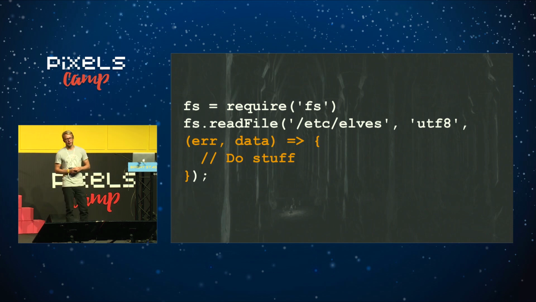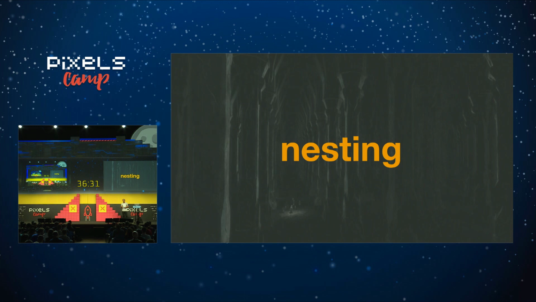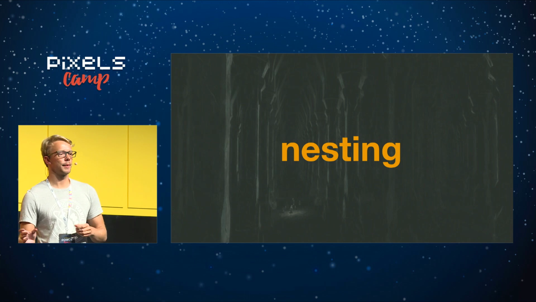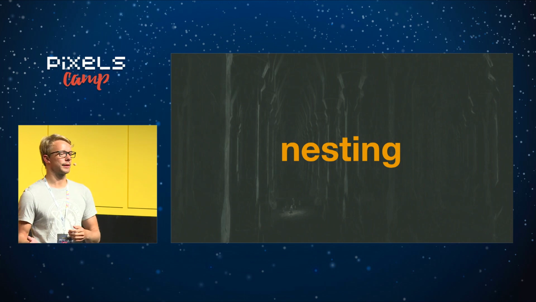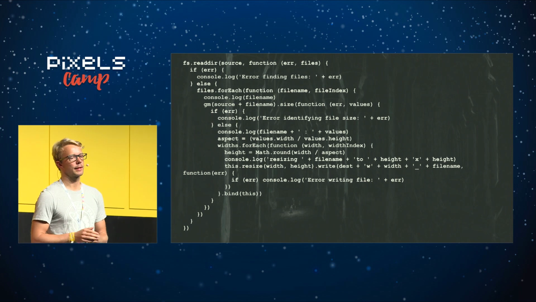So the problem with this is that immediately you ran into an issue of nesting. So you have just read a file, and you're already one level deep. Now if you want to access the database because you need some data from there, that's another level. And then if you want to do a request somewhere, that's yet another level. And here you quickly go into this endless hole of callbacks. And sooner or later, your code starts to look like this. And it's really hard to tell what is going on when. I'm not even going to try to explain this slide, but you can find this code yourselves if you Google